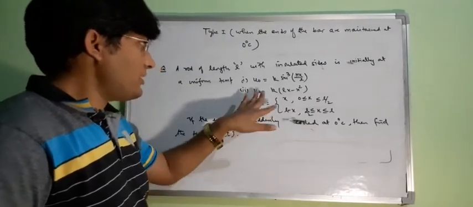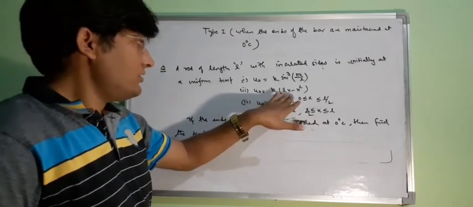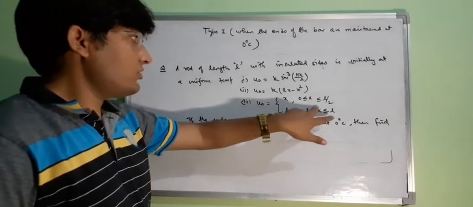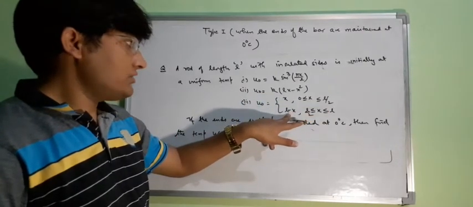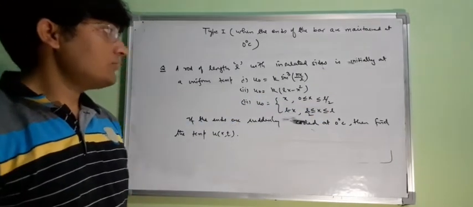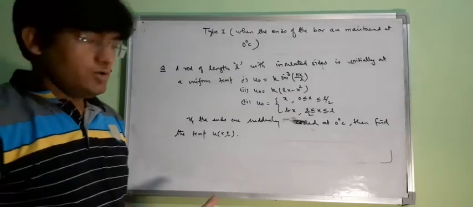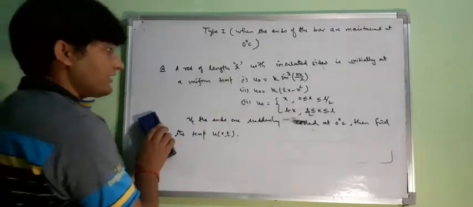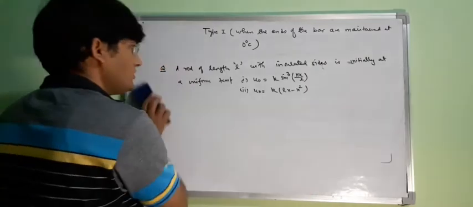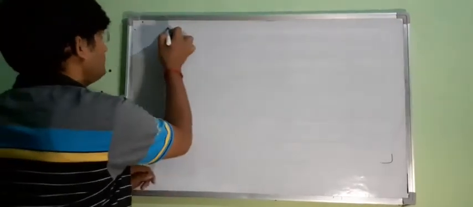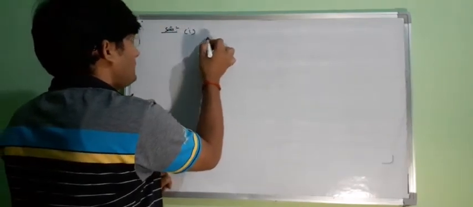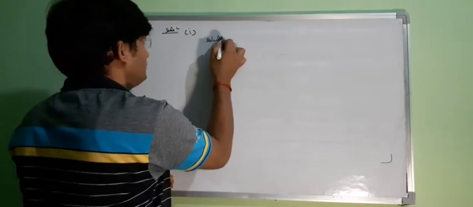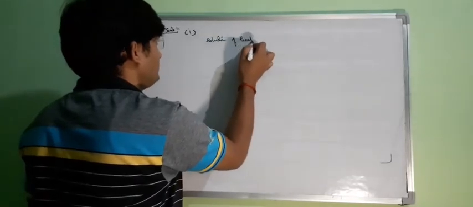For the second problem our initial temperature is changed, and again for the third problem it is x when x is between 0 to L by 2, and it is L minus x when x is between L by 2 to L. So let us solve the first and second part, and the third is similar to the first one. So, solution for the first part. Solution of the heat equation is,